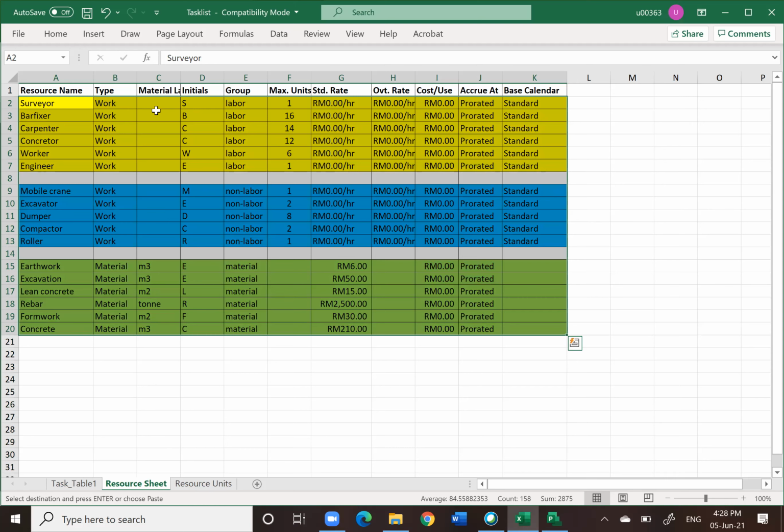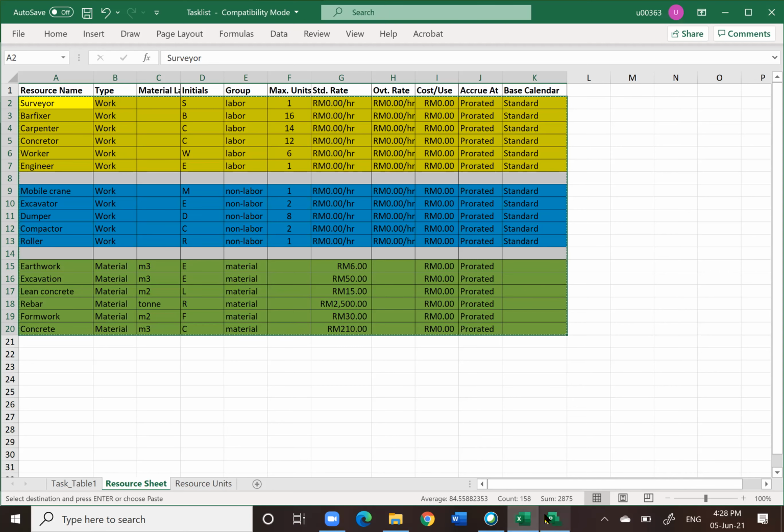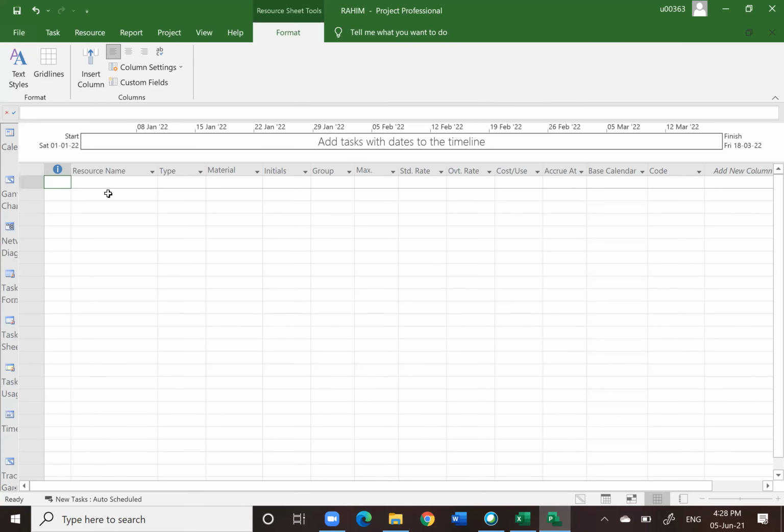The first row is just the title name, which is similar to Microsoft Project. I simply copied and pasted from Microsoft Project into Excel in order for you to see the right format. Then I simply copy and go into Microsoft Project, and under resource name,